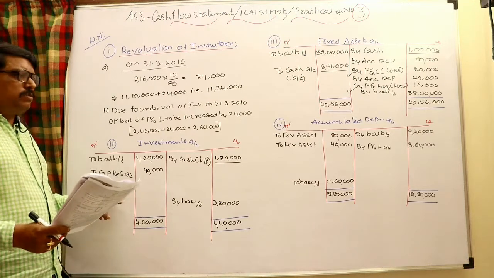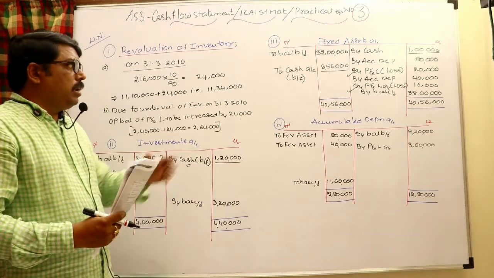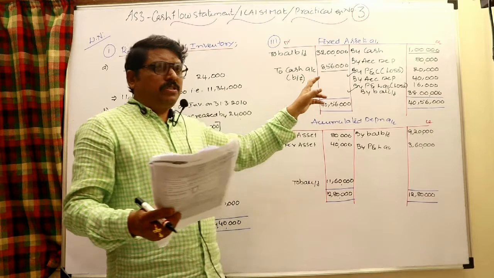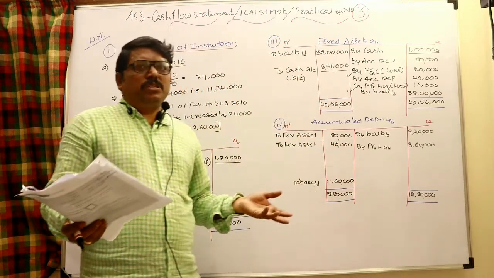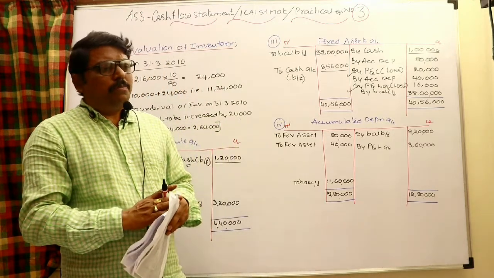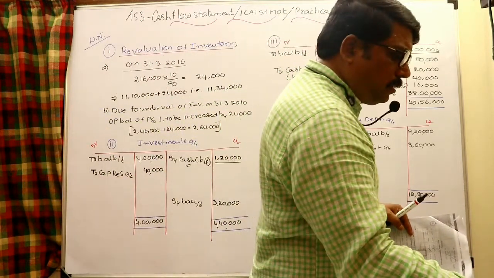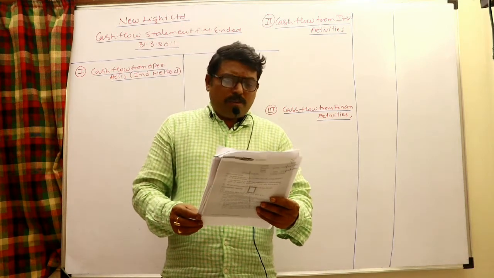Come back to the investments account. Profit is given, transferred to capital reserve. How much cash received is not given; we are able to know. Come back to the fixed assets account. Everything is given, so the missing figure, purchases during this year, is known. And the entire amount in the provision for depreciation is given, just record it there. So after completion of these working notes, we can simply go to the cash flow statement. Okay, let us see that. Yes, now the working notes are totally completed here.